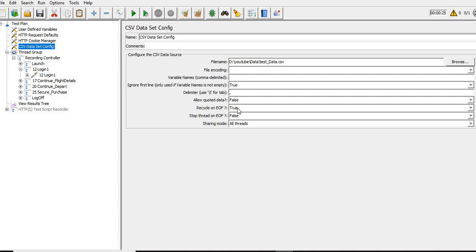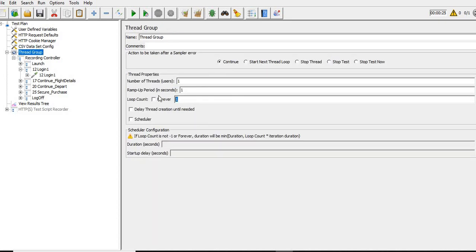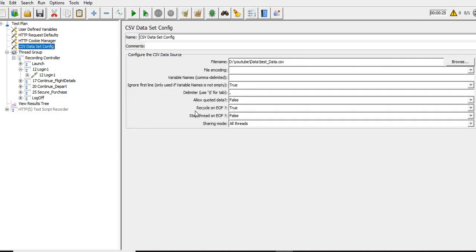Let's say in my CSV file I put only 2 records, and I execute this scenario 4 times. Then when my second record has been executed, it will recycle and start from the first record.